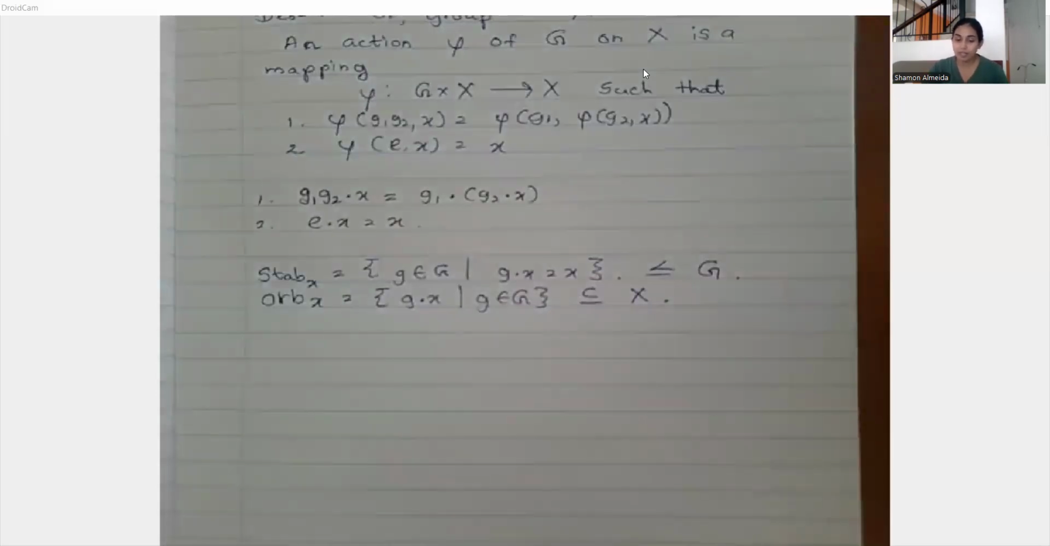Right. And then we showed that if you take two orbits, they must either be disjoint or identical. And not only that, if you union up all the distinct orbits of the group, or just in general, all the orbits of the group, you should get the set X. And then,